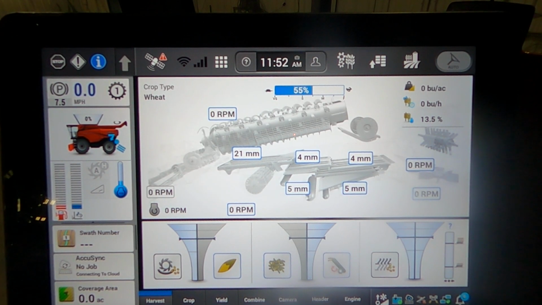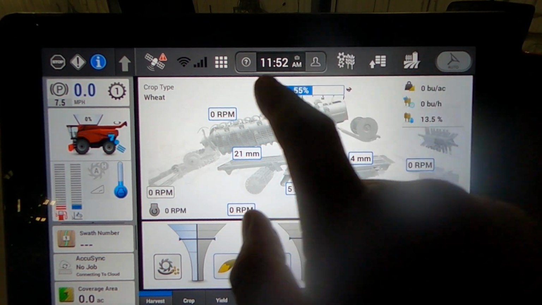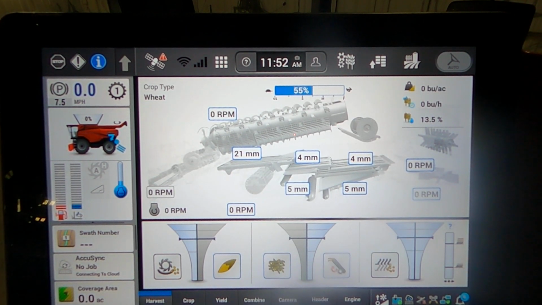Pro 1200 primary run screens in an AF series combine. Looking at our run screens on the first page, we've named this one Harvest. We have our general machine layout showing the cross section of our system. And on there we can see what crop type we're running, our vane position, bushels per acre, bushels per hour,